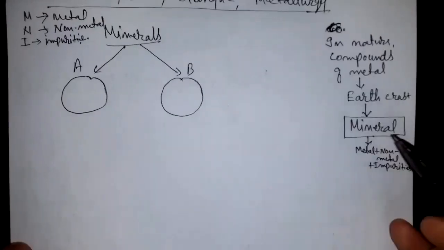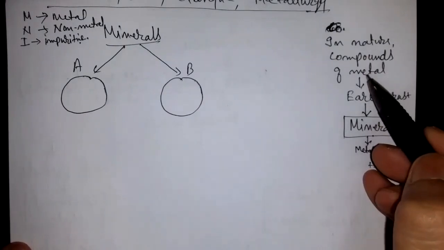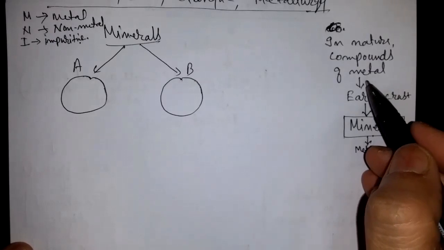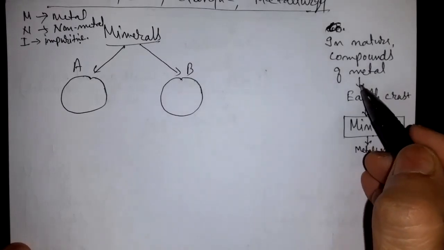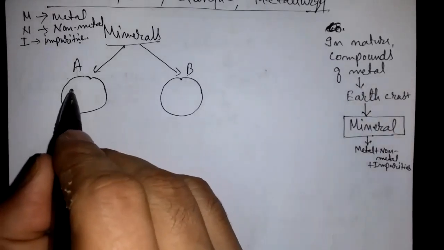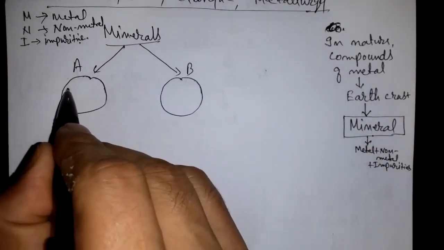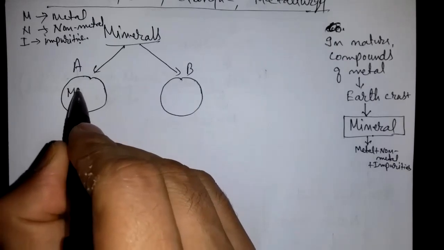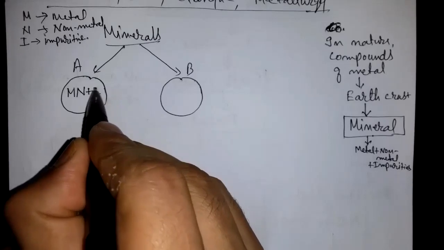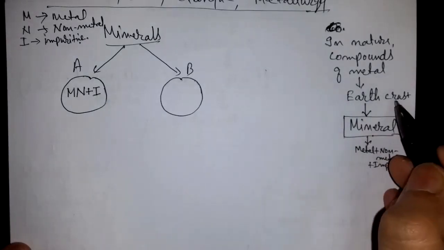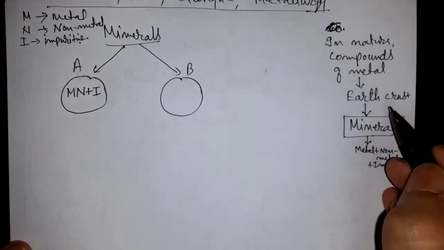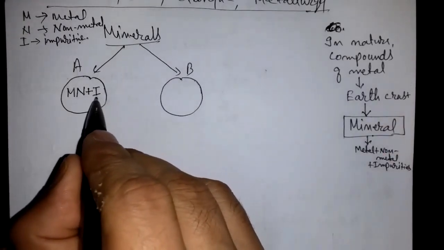So what is mineral? Mineral is a compound of metal. And compound of metal meaning the metal will not be alone. Metal will always be with a friend. And who is the friend of metal? Non-metal. So since this is mineral, inside this there will be metal, there will be non-metal, these two will be chemically combined, and there will be a lot of impurities because this compound is inside the earth crust. So there will be some rock pieces, some soil particles, some sand particles. So as a whole, I'm saying this is impurities.